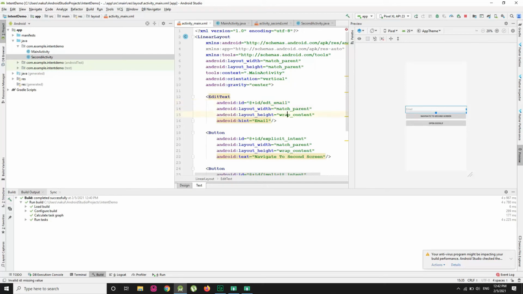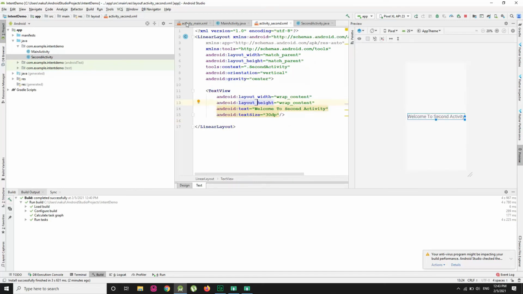ADT_email, right? So what I am going to do is, when I click on this navigate to second screen button, it will fetch the data from this EditText and pass it to our second screen, and it will display over here, right?